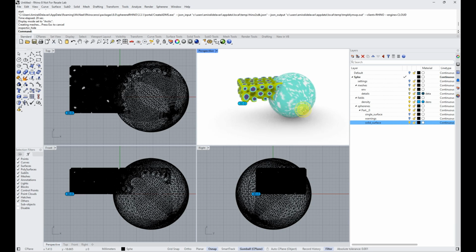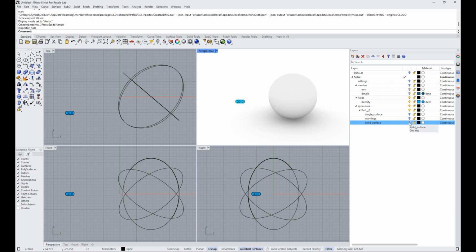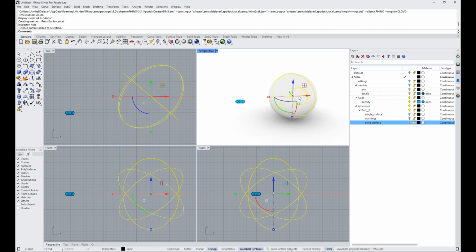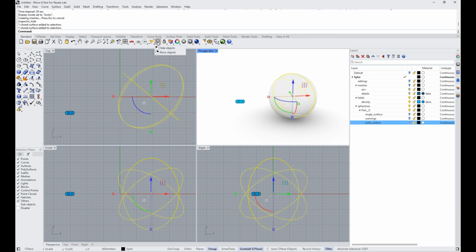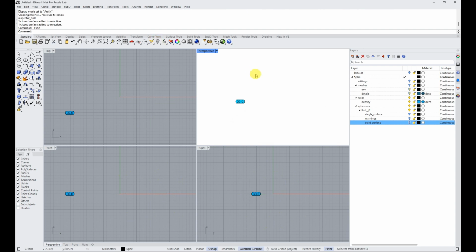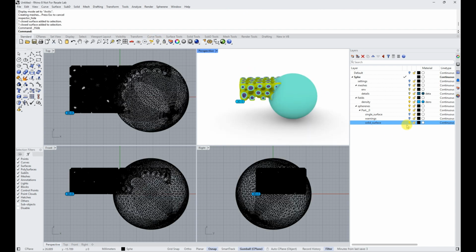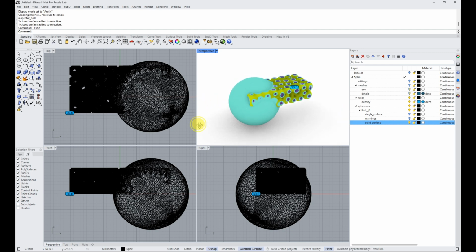And I see that I have solid surface. This is the only last layer that needs to be turned on. When I click on it and I hide it, I see that this sphere still exists because this is there from the initial drawing. So I click on that and then go to this button and hide it. So when it is hidden, I turn on the solid surface and now you see my structure has been connected